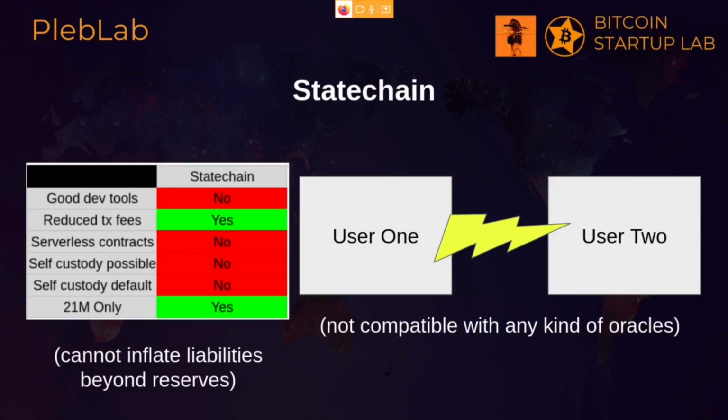They work using this construct where everyone who wants to use a state chain relies on the existence of a central server, and the server allows you to put some Bitcoin into a multisig, a 2 of 2 multisig with you and the server, and then if you want to make a transfer to someone, if you want to transfer your coins out of that multisig, he has to cosign any transfer. But he doesn't actually transfer the coins though. You actually transfer the keys. You transfer your private key from you to whoever it is that you want to send the coins to, and